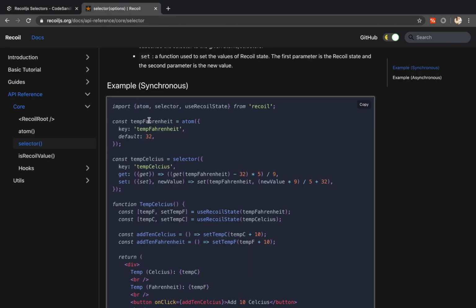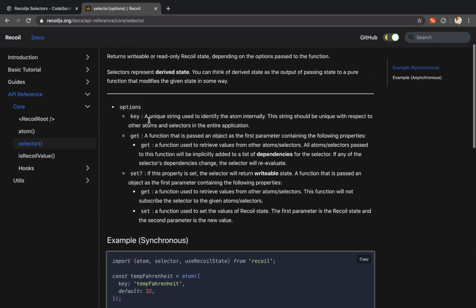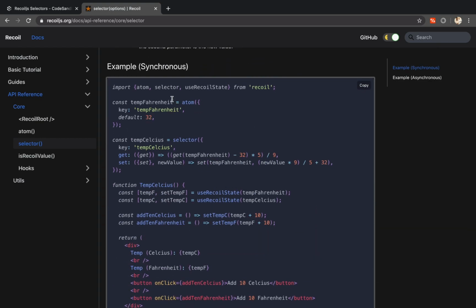Now, the second part of Recoil is called a selector. The idea behind a selector is you create a shared state using Atom, and you can have custom getters and setters for that shared state, and you can build those getters and setters using selectors. The idea of getters and setters is that while you are retrieving a value from an existing state, you can format that value into a required form.